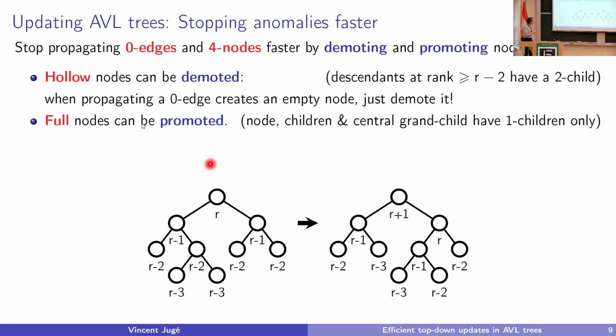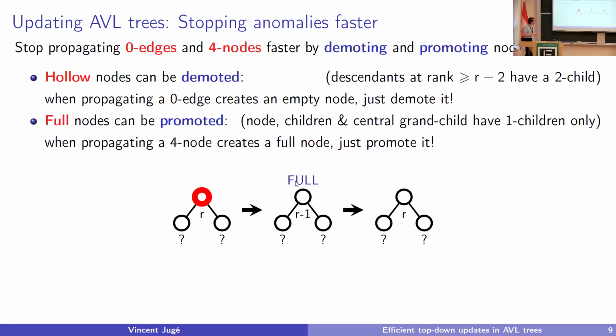Here, I have some family of nodes that can be promoted. I call them full nodes. A node is full when its only children are 1 children, and its only grandchildren are 1 children too. And the nodes in the middle must also have 1 children only. The trick does not work if this one has 1 children only. It really needs to be in the middle. And in that case, I have 2 symmetric cases here. So there is no bargaining or whatever. In this case, for instance, I take these 5 nodes, and I just reassign their parents. So I restructure the tree a little bit. And now it gives me a new tree with rank R+1.